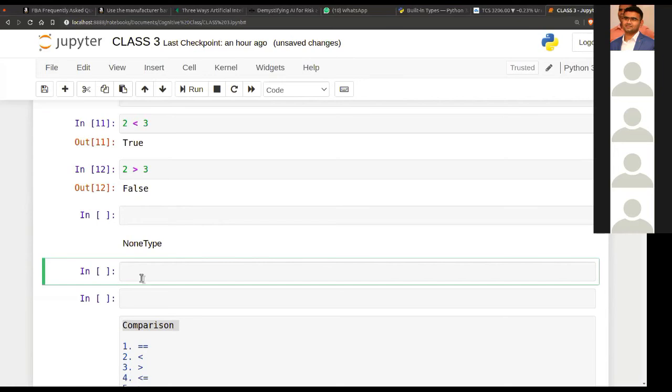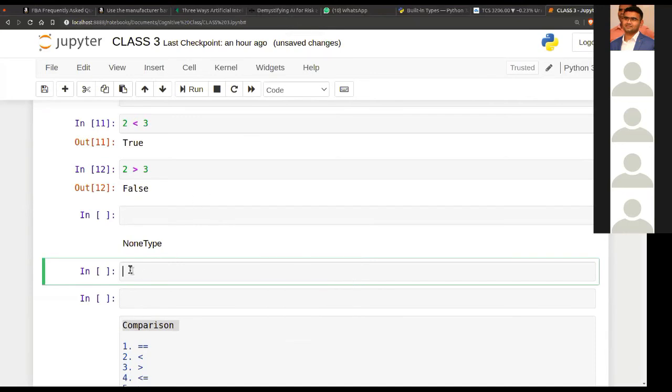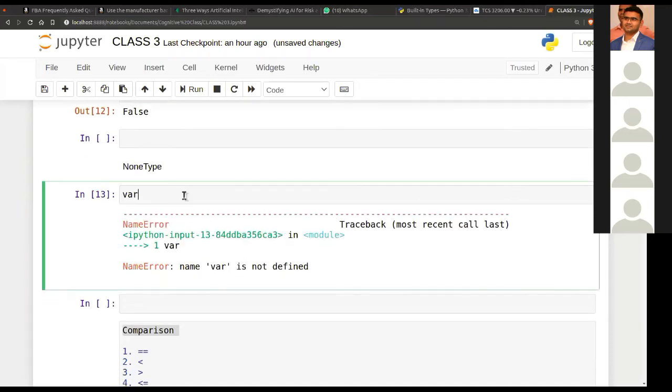While assigning some variable, if I use a variable that is not defined, I get an error. If I need to cope with this, and I want to use this variable later, but not now, I can assign it None type.